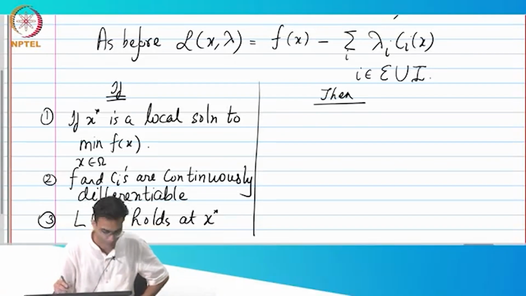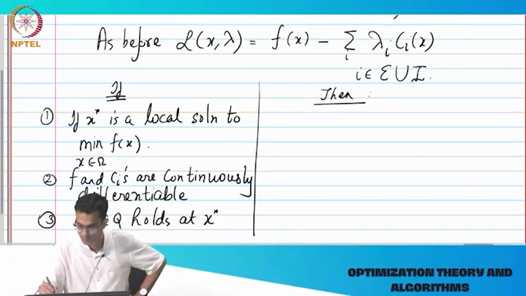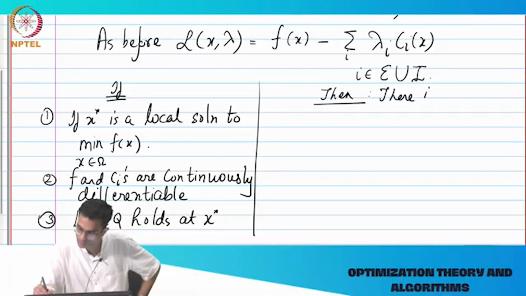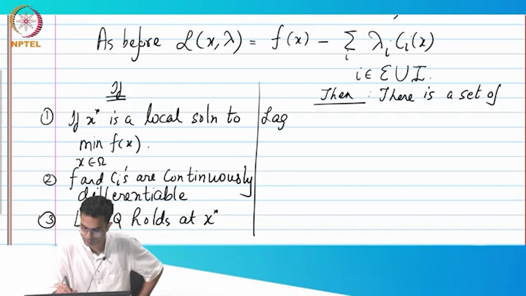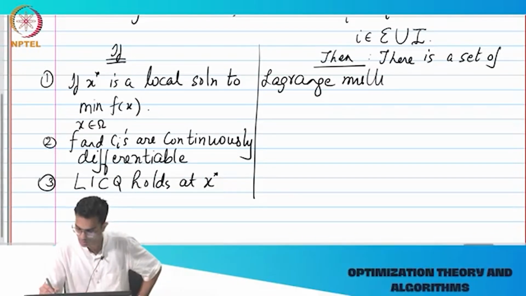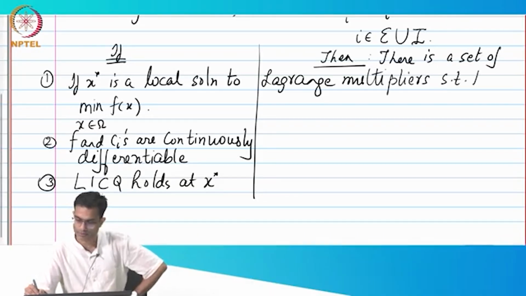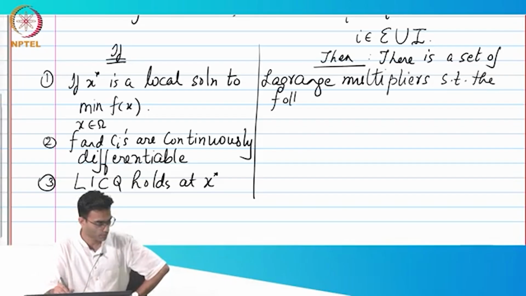Then there is a set of Lagrange multipliers lambda_i star such that the following are satisfied